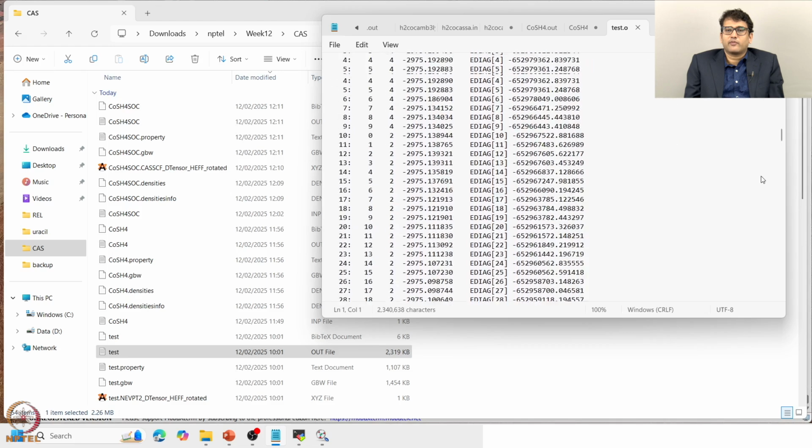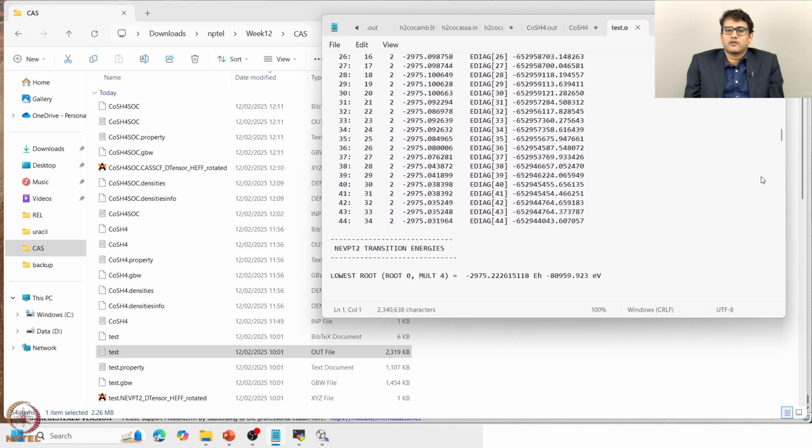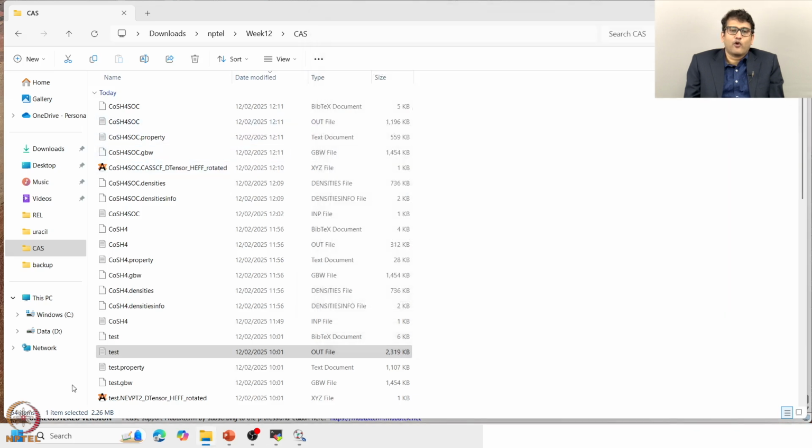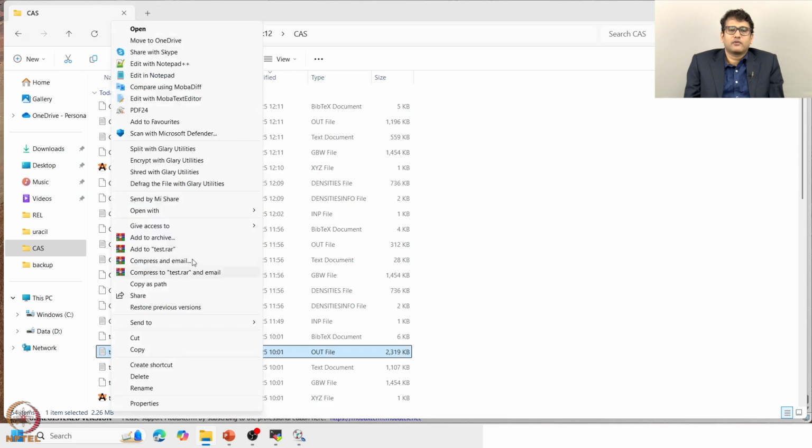So, these are the total NEVPT2 energies which are printed after this one, and for each root it has printed the shifts, how much is the shift in EV, and basically this is added to the CASSCF energies and the final spectra is drawn. If I open this one in ChemCraft,